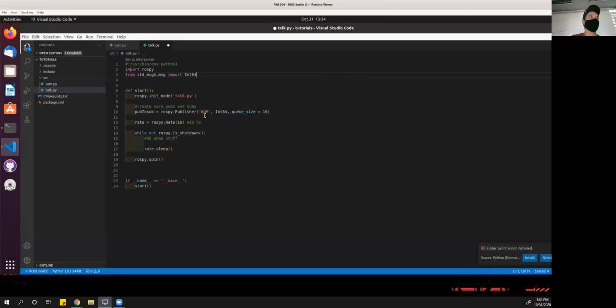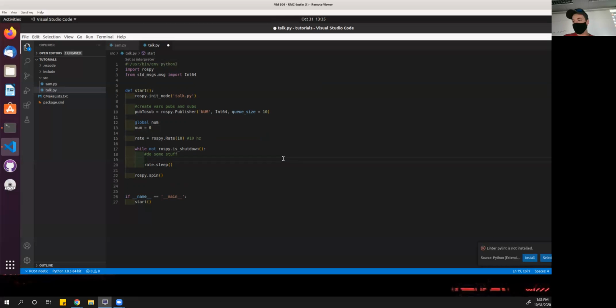Cool. So let's go ahead and make a number here. So we can go ahead and essentially say, okay, we're going to have a global num, and then we're just going to set that num below it equal to 0. Okay. And then we have the rate, and then we're going to go ahead and publish that number. So the way we're going to do that is we're going to do pub to sub, so the name of our publisher,